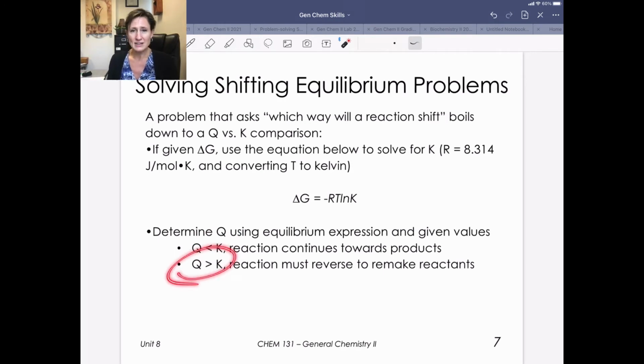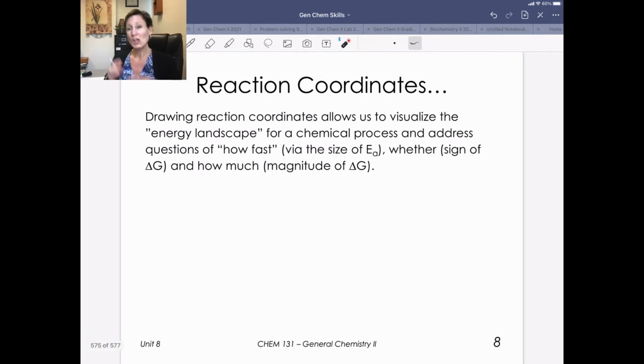If Q is greater than K, you actually have to turn your reaction around, do the reversed reaction to remake some of your reactants. So stuff that we already talked about in equilibrium, but now we can say if we are given a delta G value, we can still do these kinds of problems. All right,